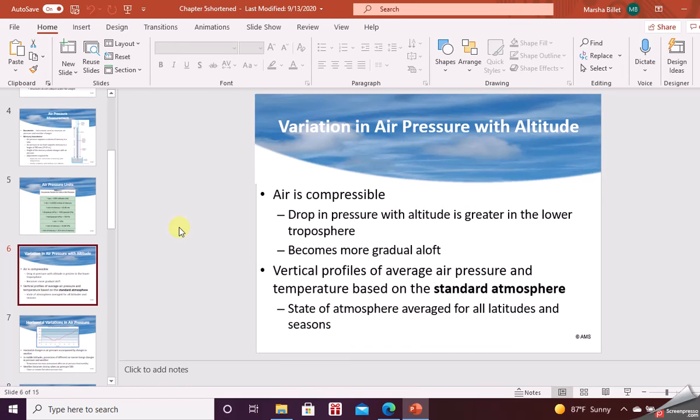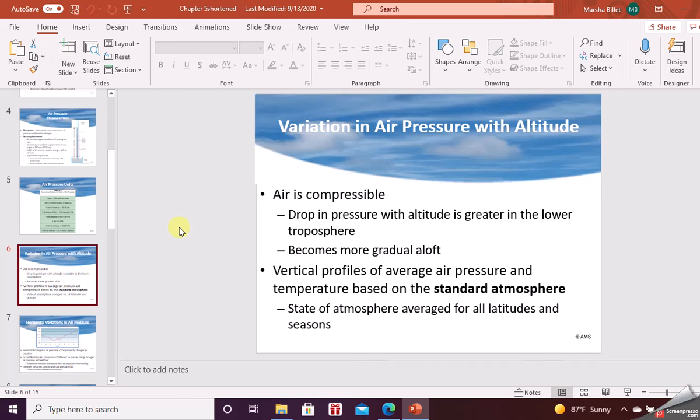Air pressure is interesting. The atmosphere is a fluid, like water, but unlike water it is compressible. Water, if you try to squeeze it between your hands, is going to come out somewhere. If you tried to squeeze air in your hands, it's not necessarily going to come out. If you can make a tight enough seal, you're going to hold that air in. So what does that mean? Well, air is compressible, so therefore the weight of the air will change very rapidly in the vertical.